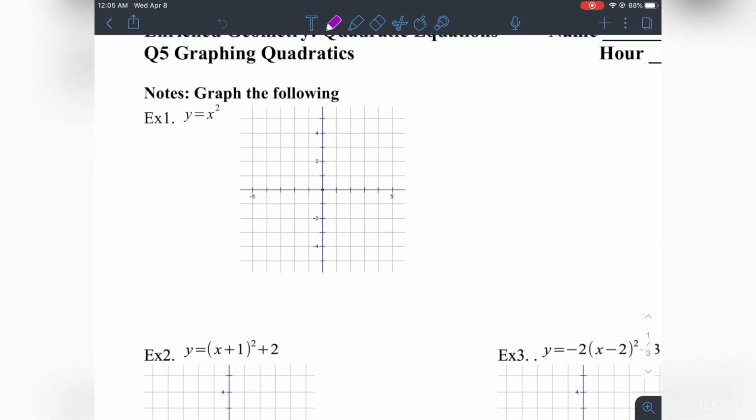Okay, y equals x squared. Oh boy, this is our most basic formula. You can't get any simpler than this and still be a parabola. Okay,